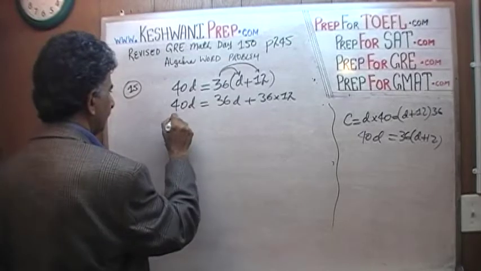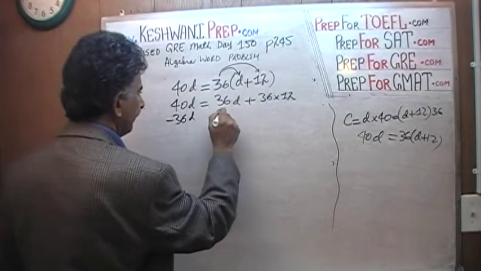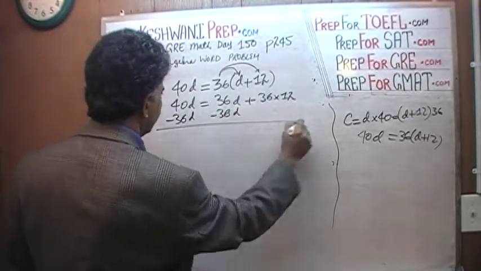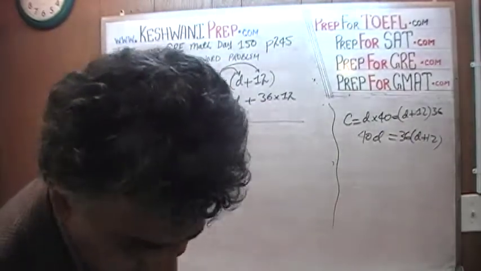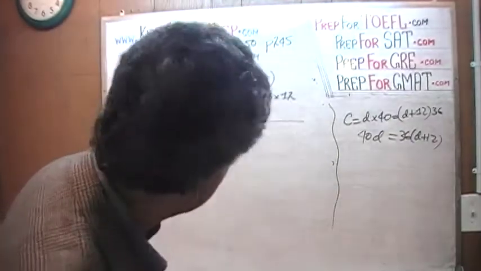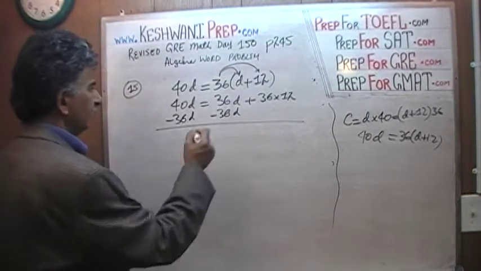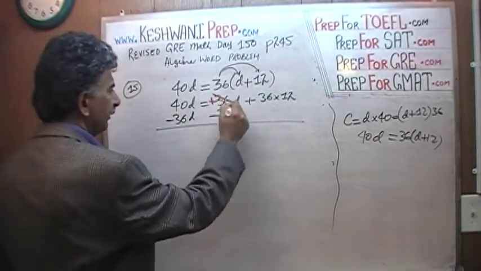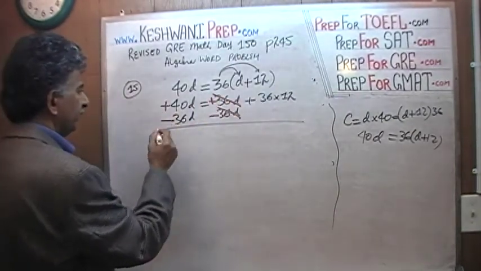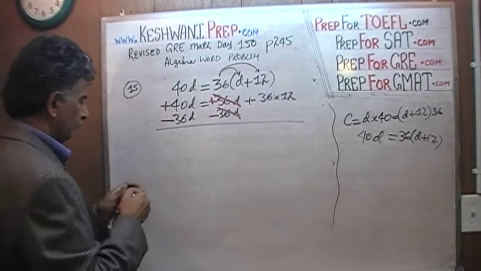Subtract 36d from both sides, so we can get rid of the d from the right hand side. This is a plus 36, this is the minus 36, we can cross it out. This is a plus 40 and a minus 36. That means 4d